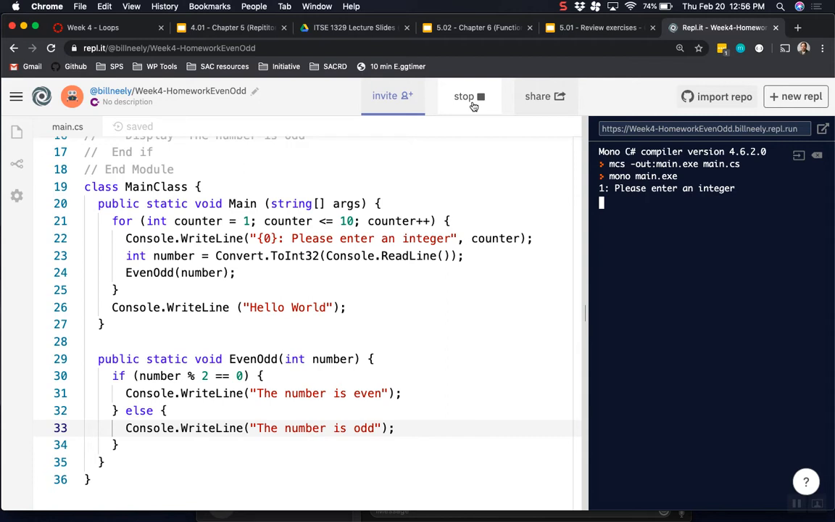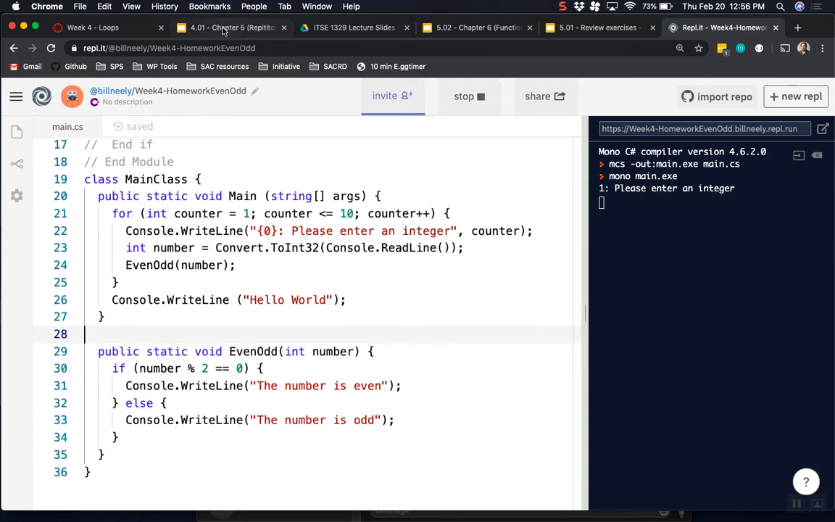Okay, all right, let's do another one. Okay, so this one's done. You can find the solution in REPL. All right, so let's look